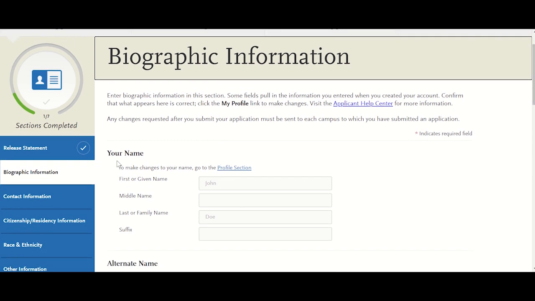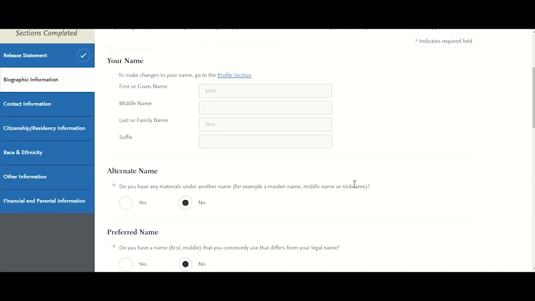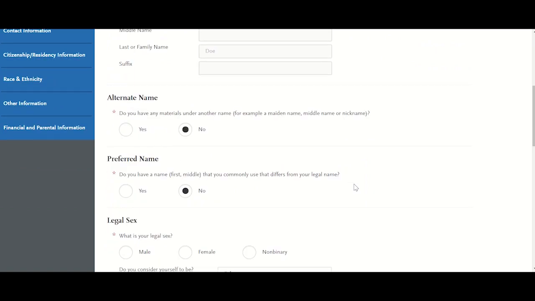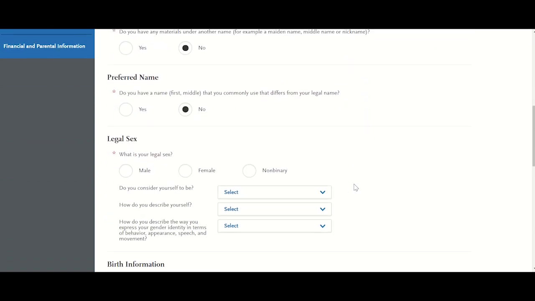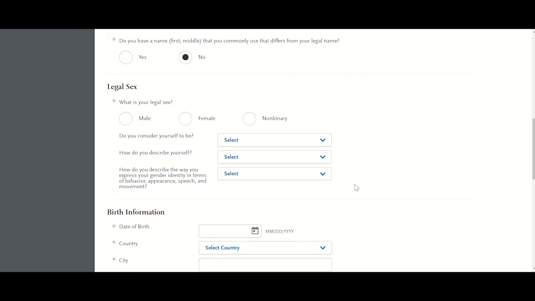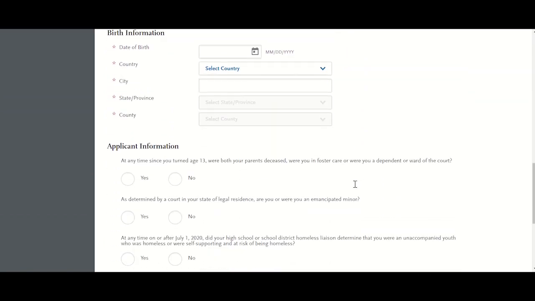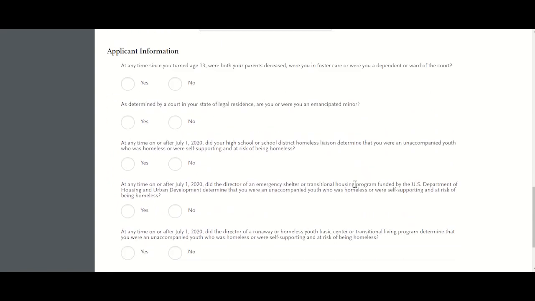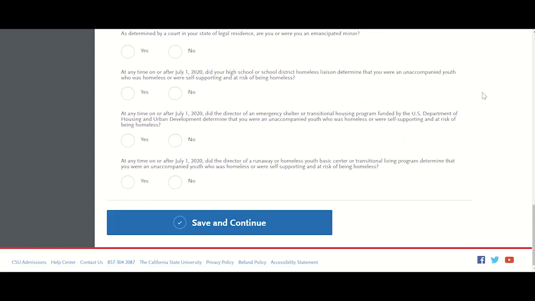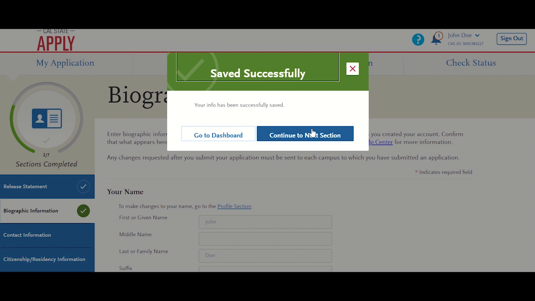You'll note as you go through each section, a check mark will appear once you've completed what you need to complete in each required section. Next, they'll gather biographic information, including alternate name, preferred name, legal sex, birth information, additional applicant information. Once you've entered all required fields, the bar will turn blue and you can save and continue to your next